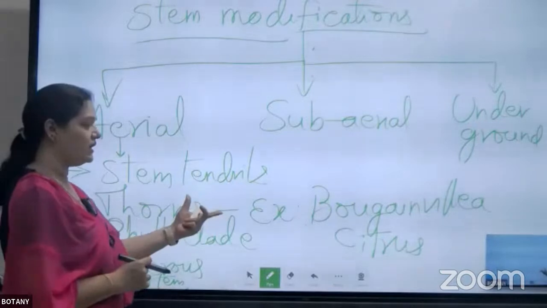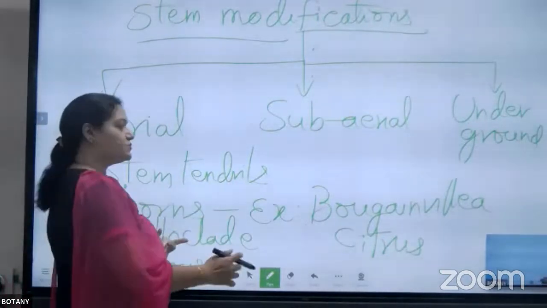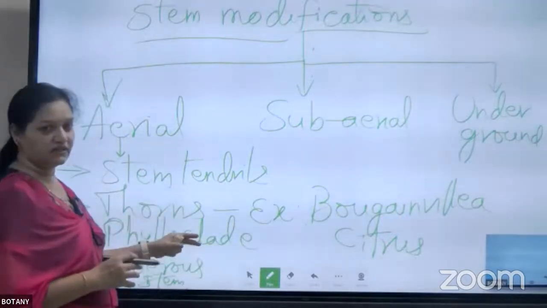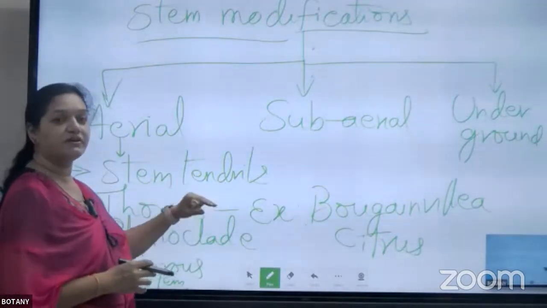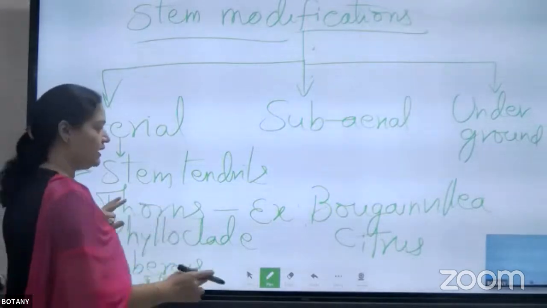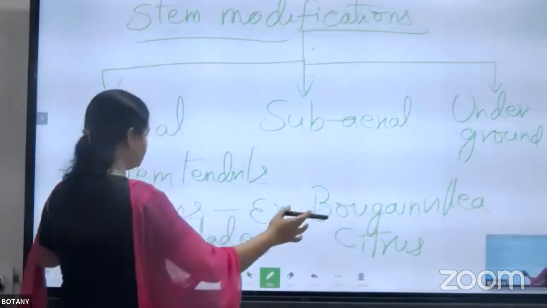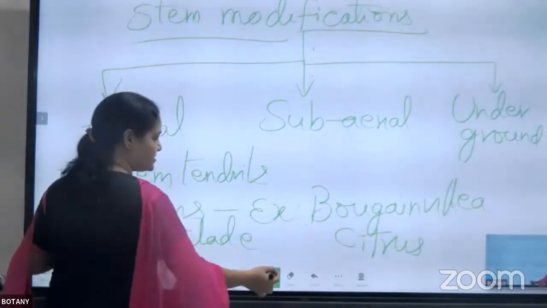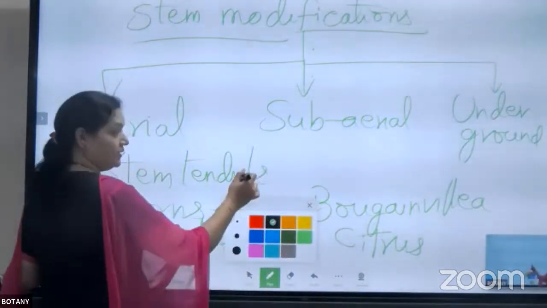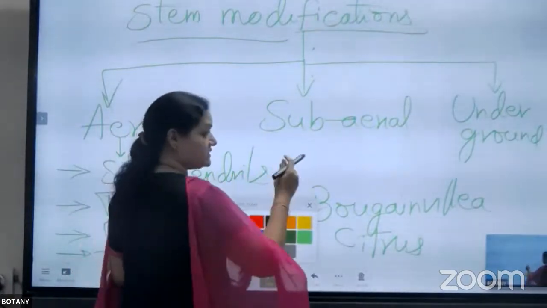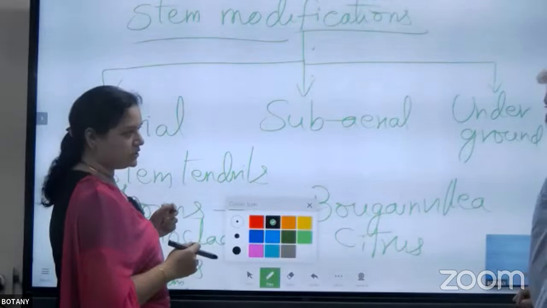Whatever is easy, we have to go. But here, spelling mistakes should not be there. If spelling mistakes are there, in the theory also, we will reduce the marks for this. And now comes what happens in the thorns. In the thorns, the axillary bud, otherwise the terminal,